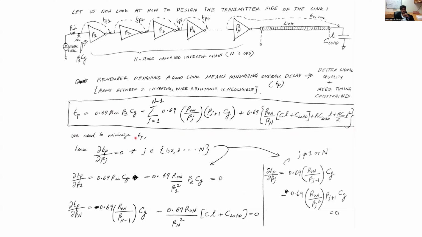And now we have this overall propagation delay, and we can treat this as a cost function. We essentially need to minimize this, and therefore we just take the partial derivative of the propagation delay with respect to the design parameters, which in this case are the beta j's for j goes from 1 to n. So the derivative of the propagation delay with respect to beta j for j from 1 to n must all be equal to 0. And if you take this differential and equate it to 0 and go through the math of doing this,